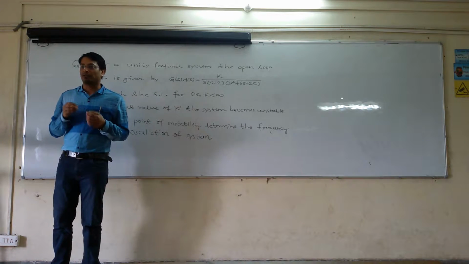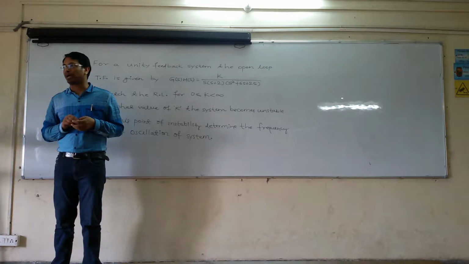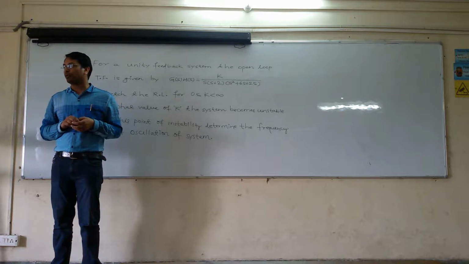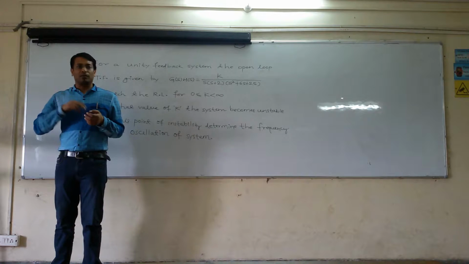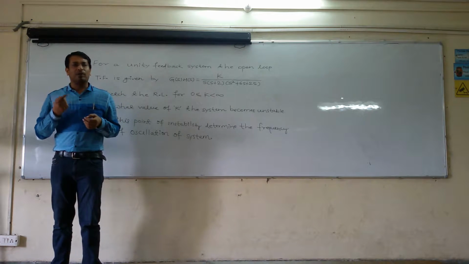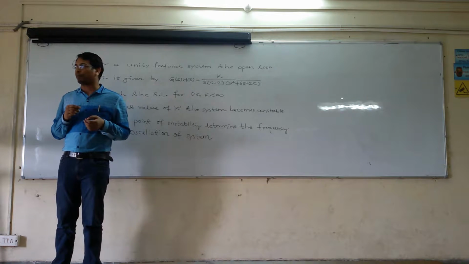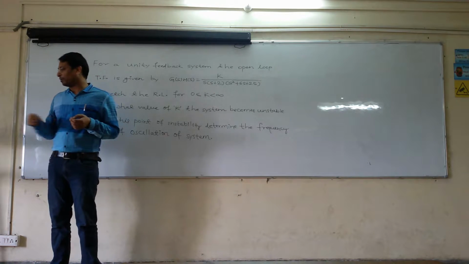I have stated the formula that phi d, the angle of departure, will be 180 degrees minus phi, where phi is the summation of phi p minus the summation of phi z. This was for direct root locus. Once again, the angle of arrival phi a is equal to 180 degrees minus phi, where phi is equal to the summation of phi p minus the summation of phi z. This was the whole story of the previous class.